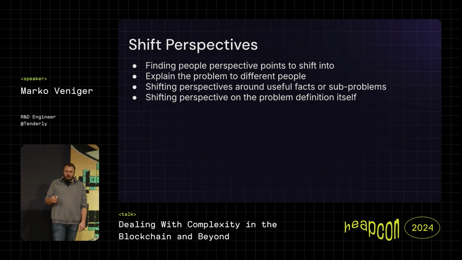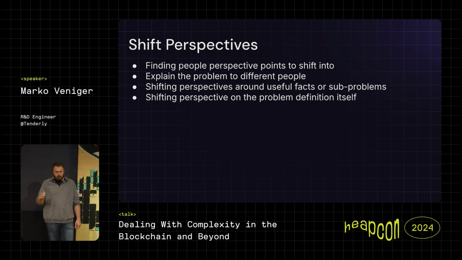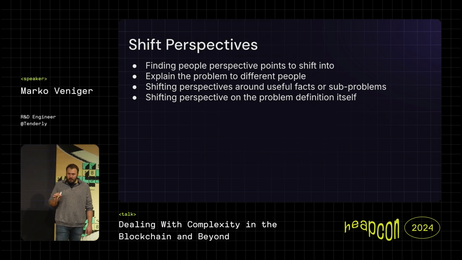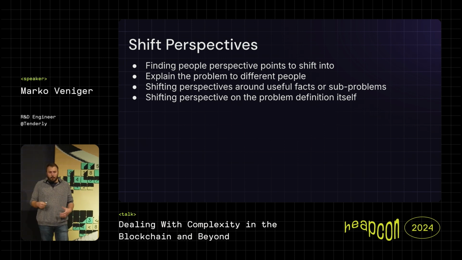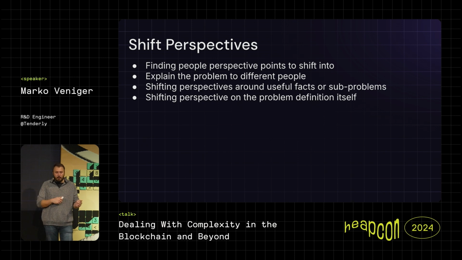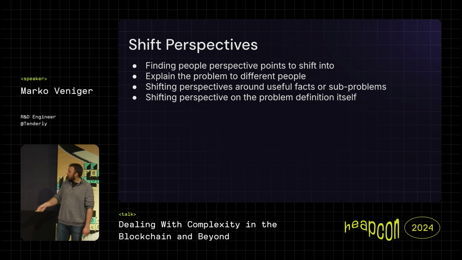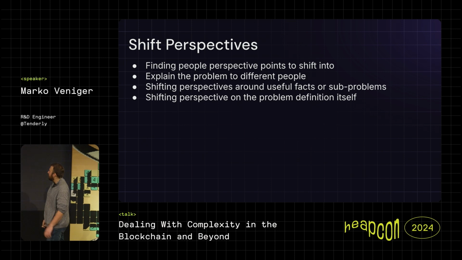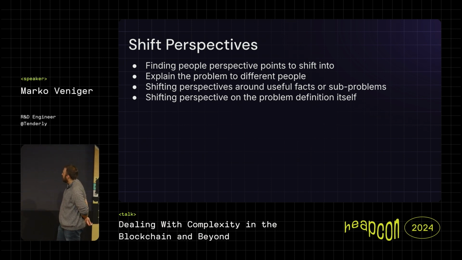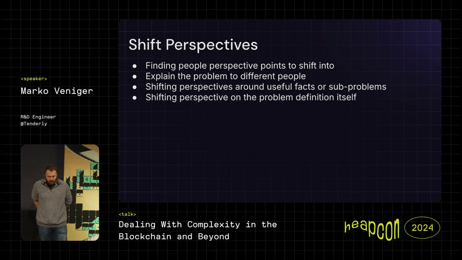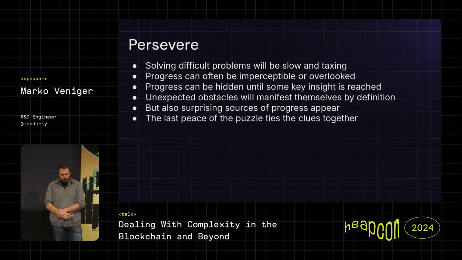So this is the easier one, and the harder one is shifting perspectives within the problem space itself. Once you find something that's really useful, let's say some shorthand that allows you to solve a part of the problem, you can try to think of the whole solution or the whole problem statement from that point. Can I rearrange the problem statement so it fits this very useful thing that I have found? I'll try to demonstrate that later, and those are the last two: shifts in the perspective of new things, and shifting the perspective of the problem definition itself to fit the things that you found useful.